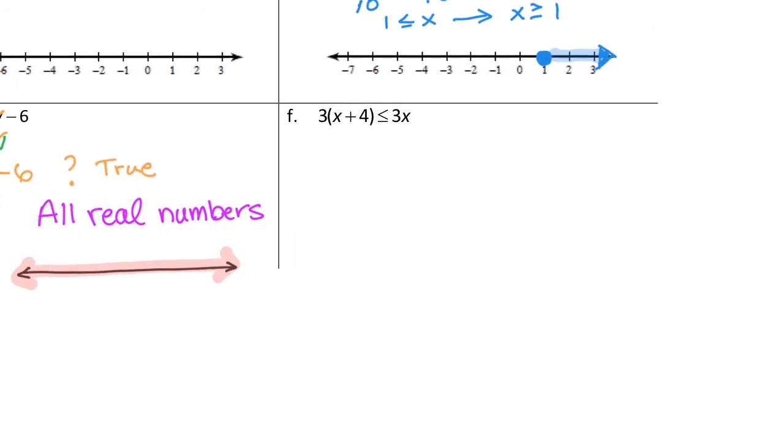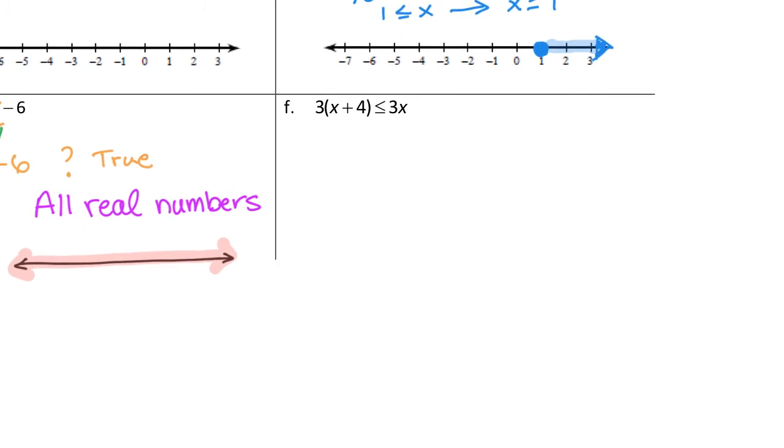For example F, let's go ahead and set this up like we always do. Line down the less than or equal to. And I can inspect and see I need to distribute that 3. And you can see now I've got 3x plus 12 is less than or equal to 3x. I want to subtract to get those 3 x's together. So I need to move those variables first so that I only have a variable on one side. And looks like I'm going to get 12 is less than or equal to